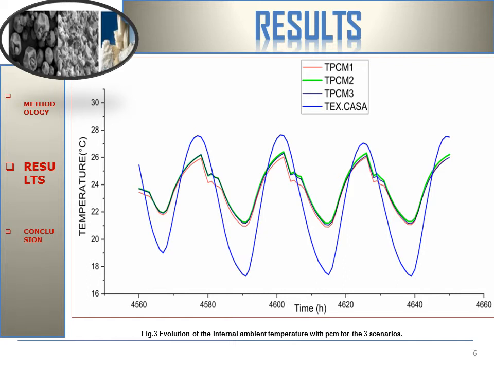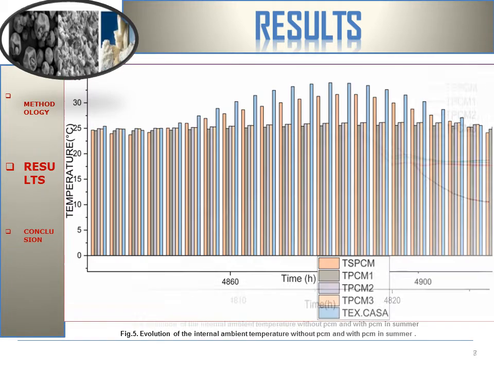Figure 3 presents the evolution of the internal ambient temperature with PCM for the three scenarios. Temperature PCM1, internal surface from PCM, temperature PCM2, middle, temperature PCM3, external, and external temperature for the climate zone Casablanca Nouaceur. So, Figure 3,